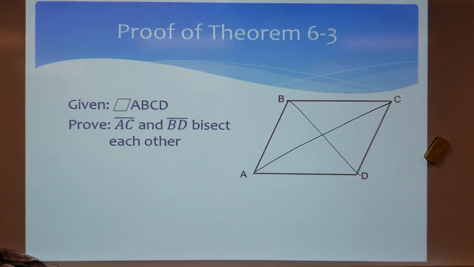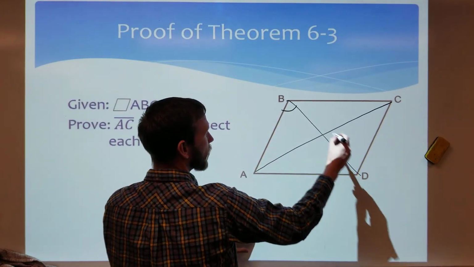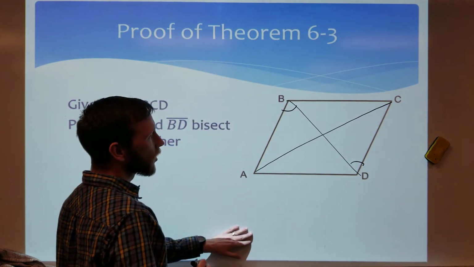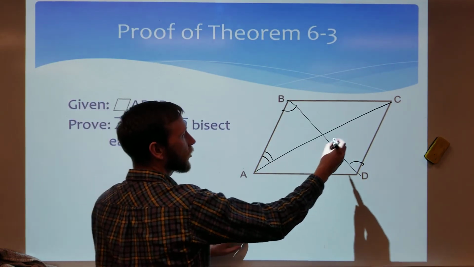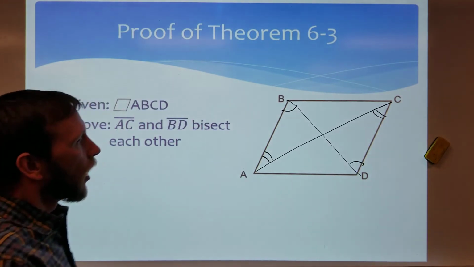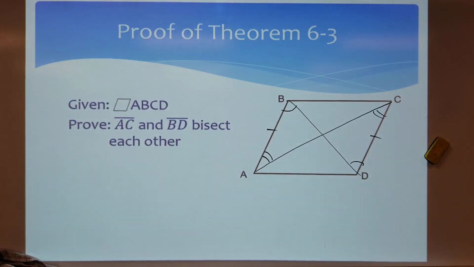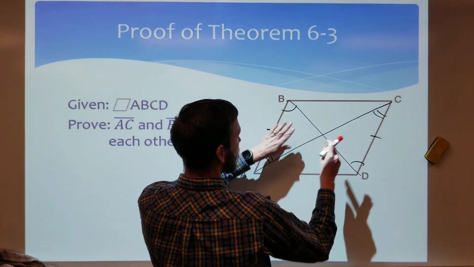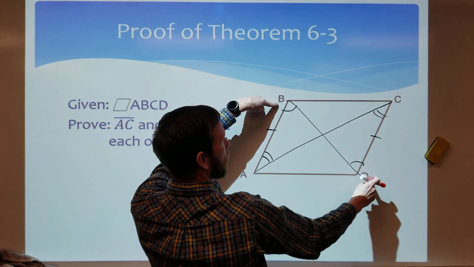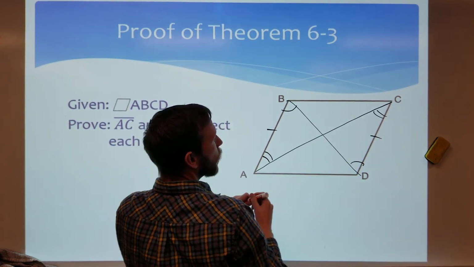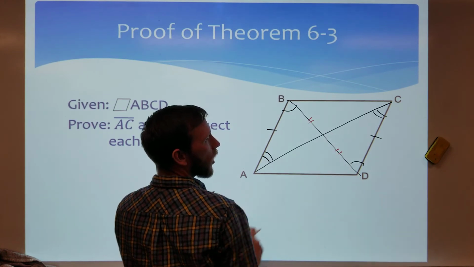All right, and this one is a little bit tricky for us. If I'm looking at these two triangles, I know that this angle and this angle are congruent by the alternate interior angles theorem. I know that this angle and this angle are congruent. And then I also know that this side and that side are congruent because the opposite sides in a parallelogram are congruent. All right, so if those sides are congruent and those angles, then that means that these two triangles right here are congruent by angle, side, angle, which means that their corresponding parts are congruent by the